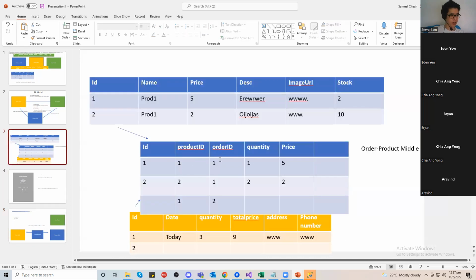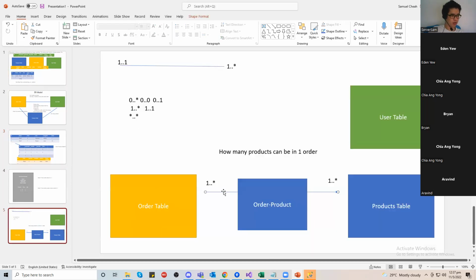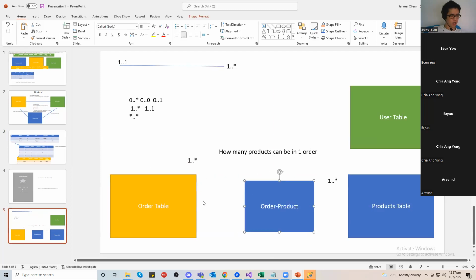Every order here, can you see? Every order ID here has many order product rows. So you can say that one order entry, okay,